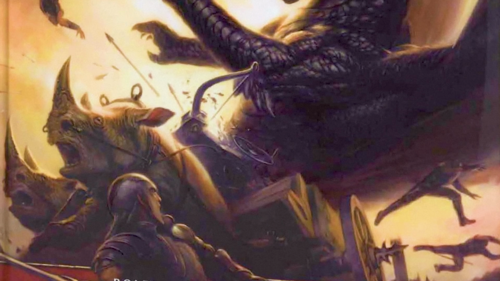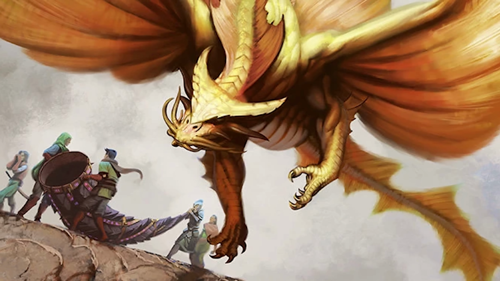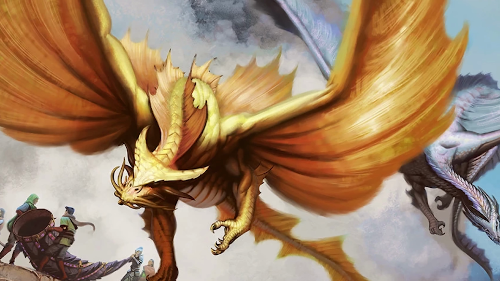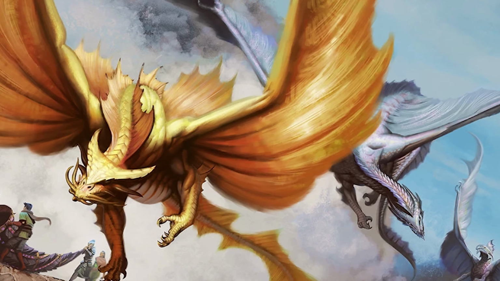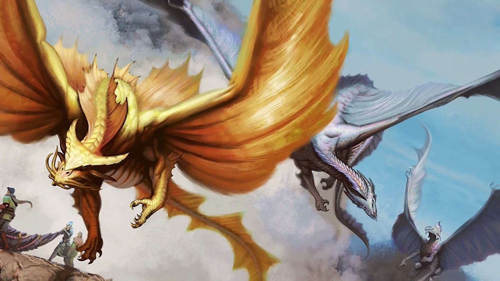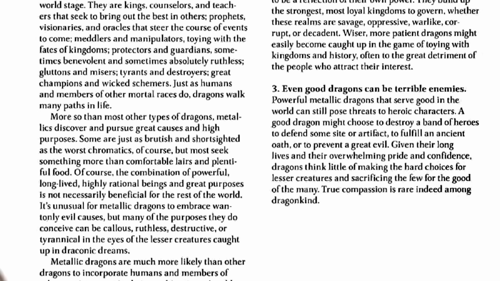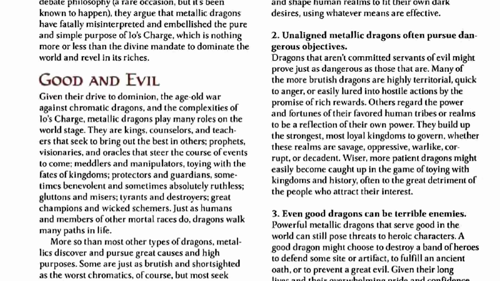The reason this makes their motivations murky is because in 4th edition, there was no hard delineation between good and evil when it came to the metallic and chromatic dragons. In fact, some metallic dragons were considered evil and some chromatics were considered good, almost as if to purposefully shake up the status quo. 4e really was the episode 8 of all D&D editions. Salt. Many of these dragons, including the Orium Dragon, were just straight up unaligned,